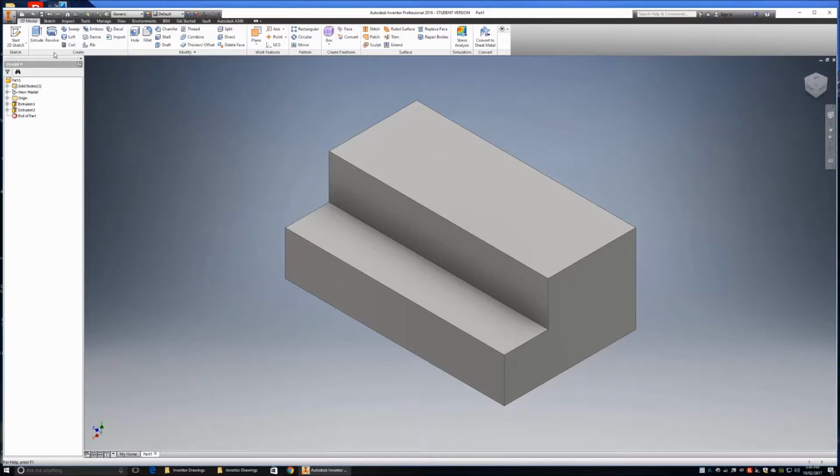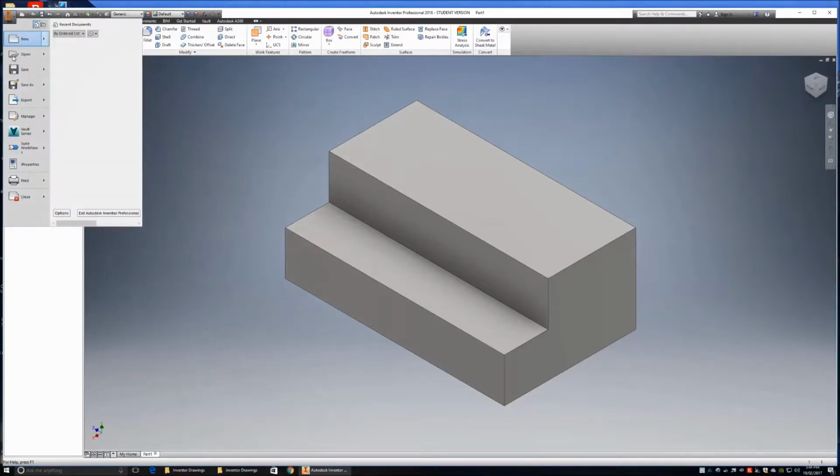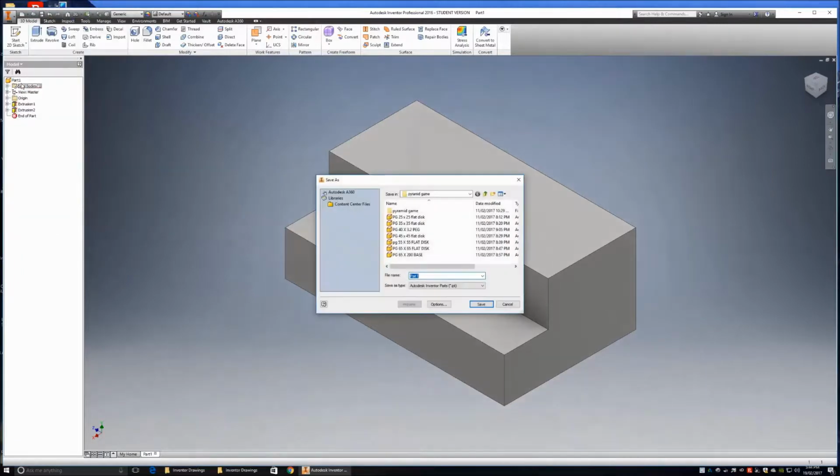Alright, so that's our first drawing. Now we're going to save it. So we're going to go up to the I button right at the top here, top left I button where it says iPro. Left click on it, come down to save as,